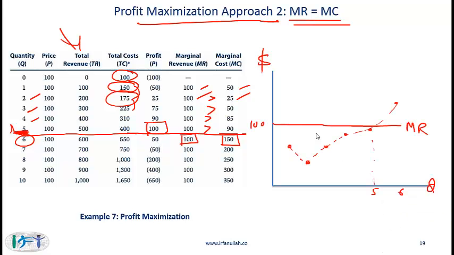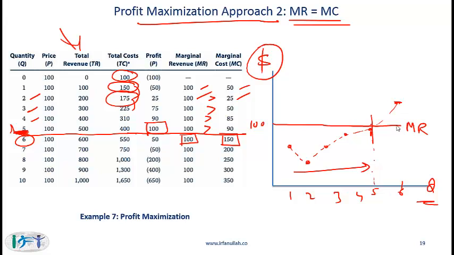Graphically, we have something like this: a dollar figure on the y-axis, quantity on the x-axis. Our marginal revenue is flat, that is 100. Notice that for quantity of 1, 2, 3, 4, the marginal revenue, the incremental revenue, is more than the marginal cost, so it makes sense to keep going up till this point where the marginal revenue is more than the marginal cost. After that, we should stop, because when we produce the 6th item, the marginal cost exceeds the marginal